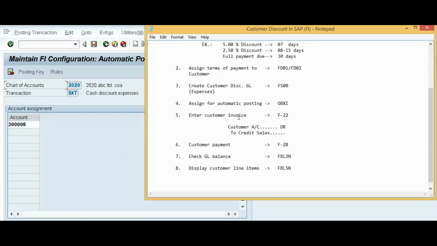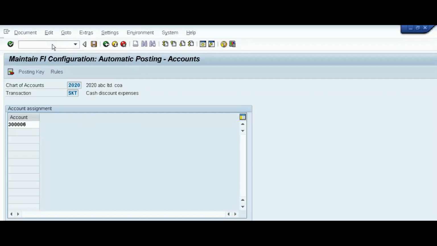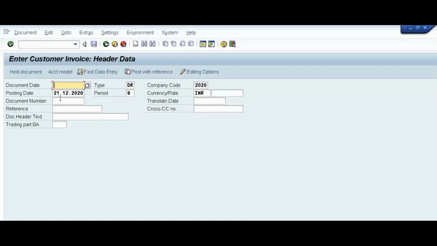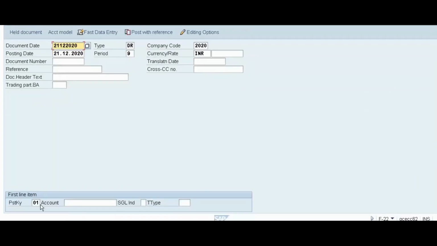Okay, so we will enter our customer invoice in F-22. /n F-22. Enter. Document date, document type will be DR, posting key 01 for customer.